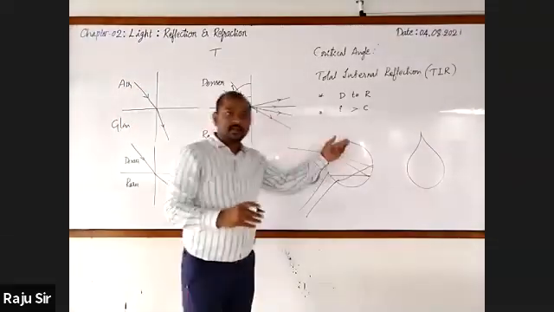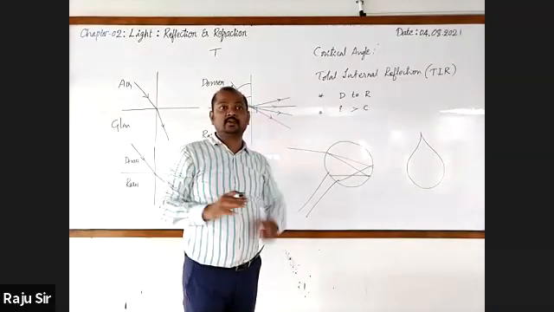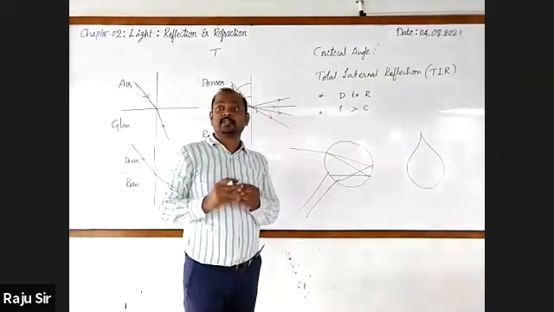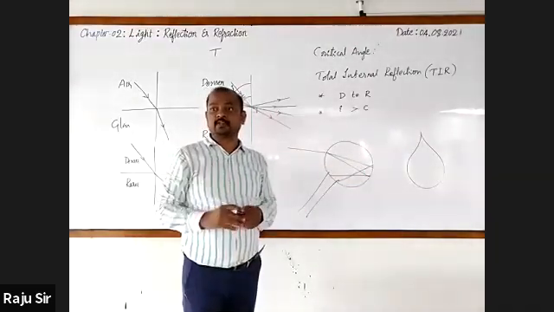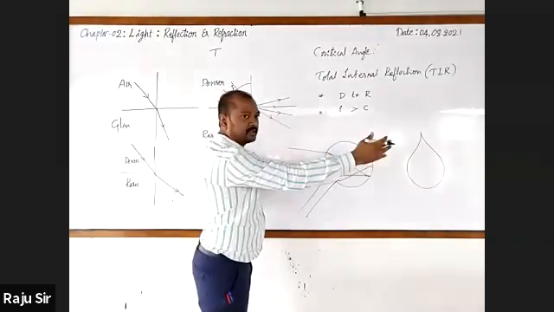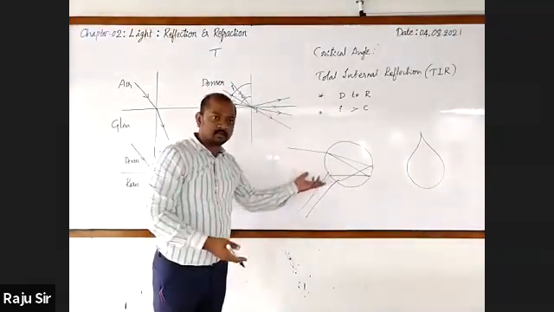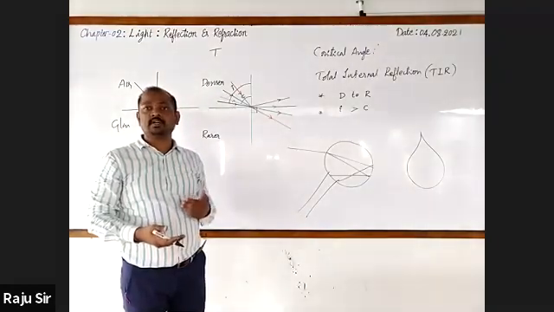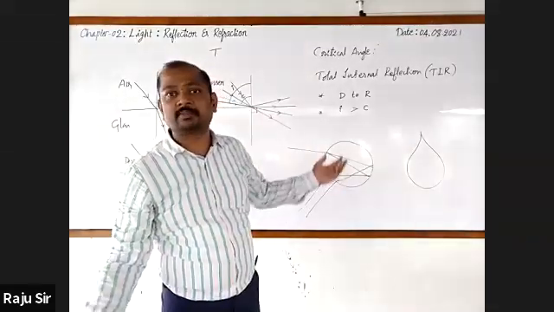Our atmosphere consists of water droplets, and water droplets act as small prisms. That is why once the light enters, it gets split up into 7 colors. It undergoes total internal reflection and comes out with those 7 colors, and these 7 colors will reach us. Again, we have an explanation regarding this concept in the chapter called